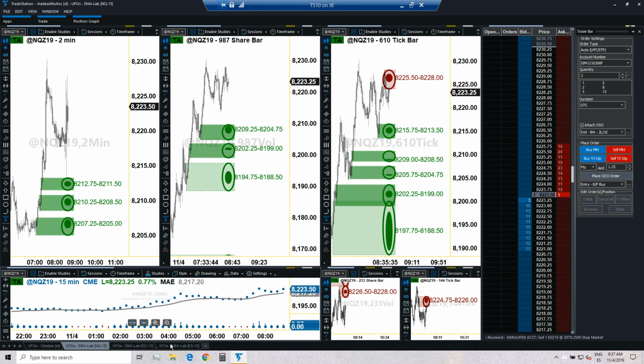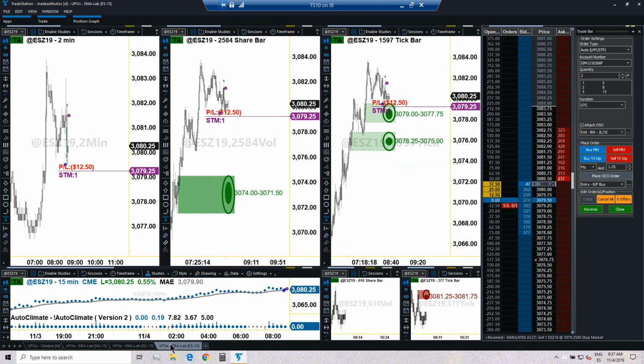So S&P still in the trade. What a fight. The goal will be to see some green show up here. If we get green show up in the reactive time frame, here we go. We just got some green show up in the reactive time frame. This increases a lot the probability of the market going higher. It's not a guarantee, of course, but that is an important increase of probability for this market to move higher. So out of this green UFO that just formed, that just went away, we may see other UFOs form in here or in here or in here. And the moment that happens, we will be trailing stop. Cool.